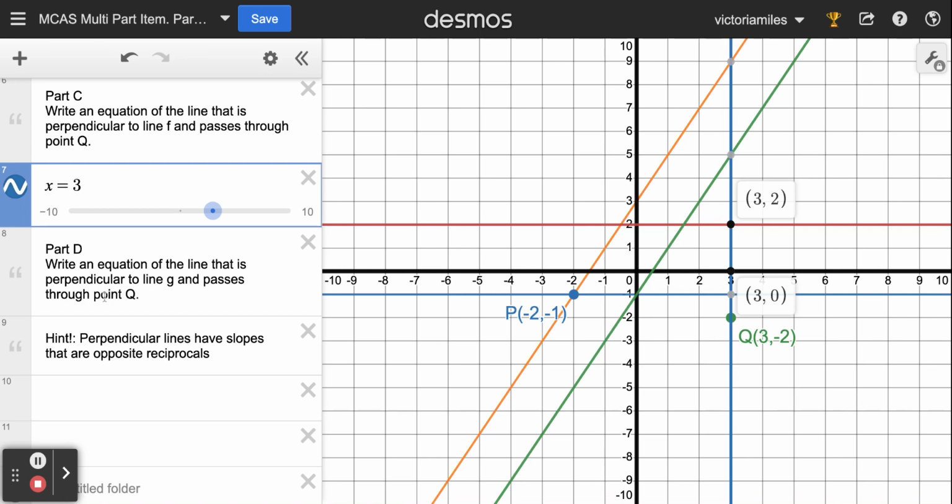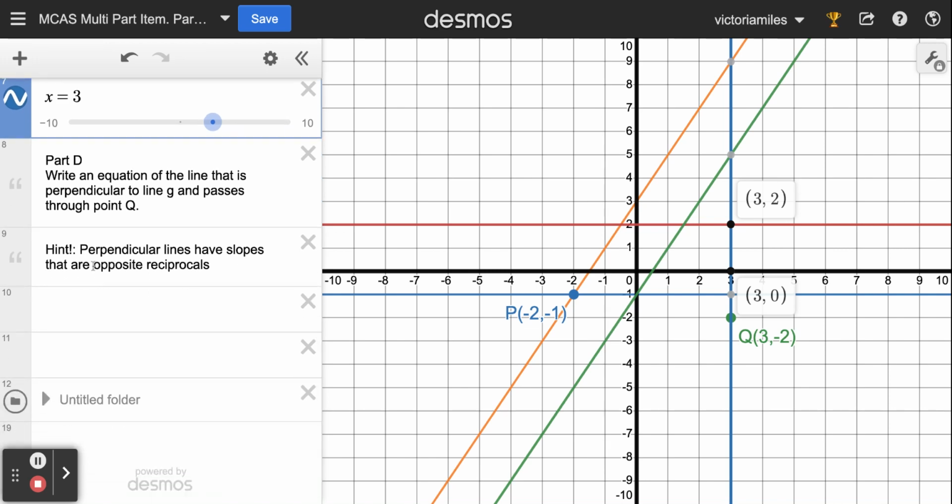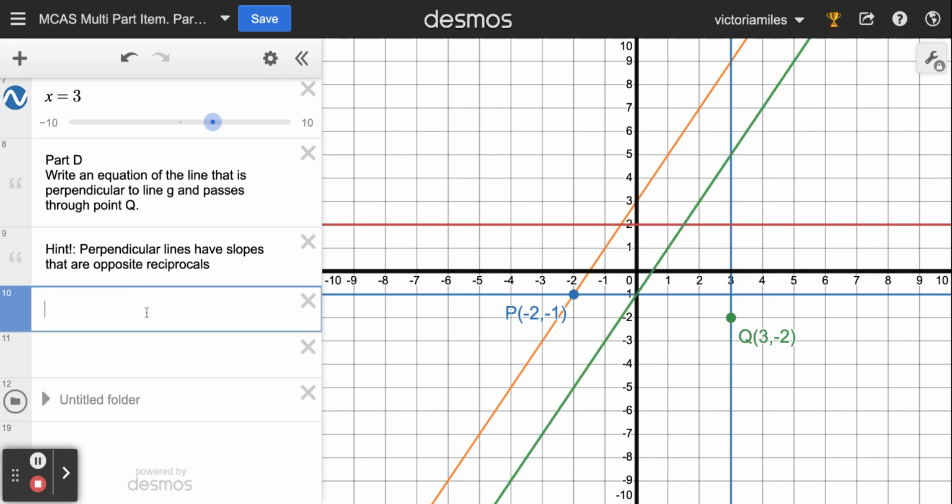All right, now we're going to move on to part D. Write an equation of a line that is perpendicular to line G and passes through point Q. Remember, line G was this green line. Perpendicular lines have slopes that are opposite reciprocals. Line G had a slope of 2, or 2 over 1. So the line in part D is going to have a slope